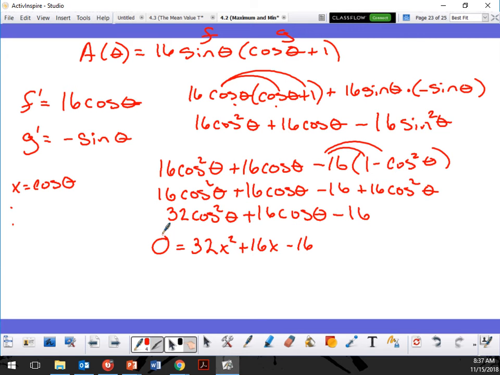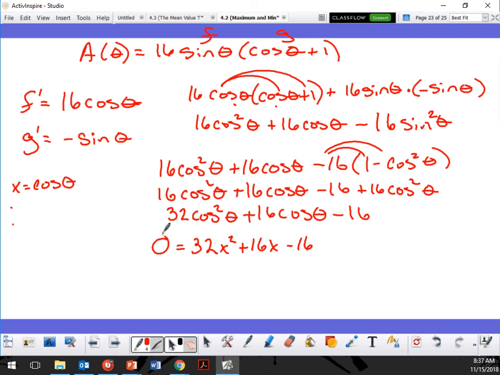So I did some interesting math. Did I lose anyone? Do you like changing your cosine to just x's? It makes the algebra look easier, doesn't it? So if you change that to x's, or if it was all sines, you would change it to y's, right? So it makes the math come out a whole lot easier. Now we got to factor that trinomial. So what am I taking out of? I'm going to take out a 16, right? So if you factor out a 16,